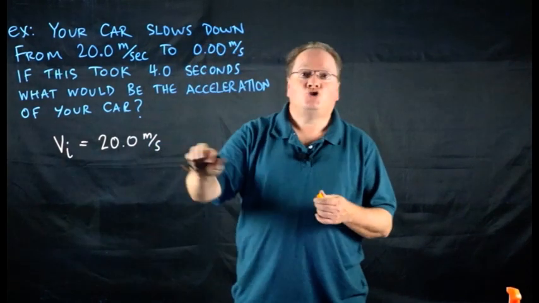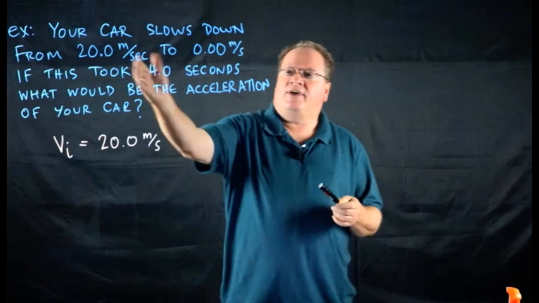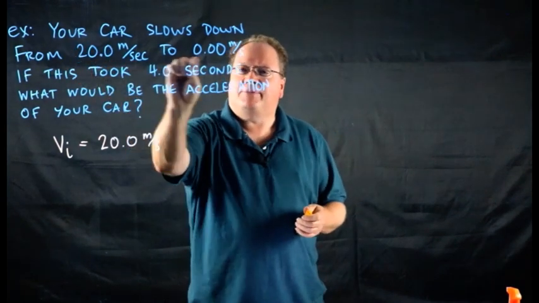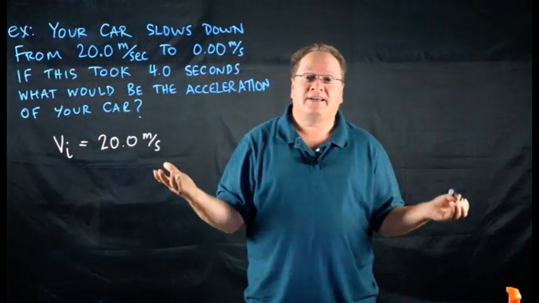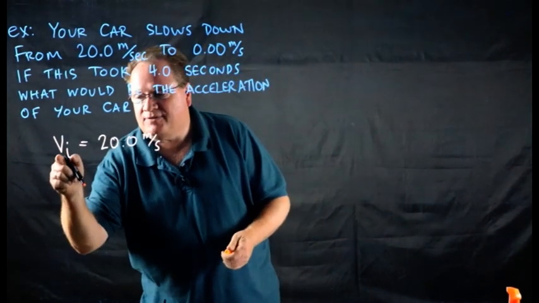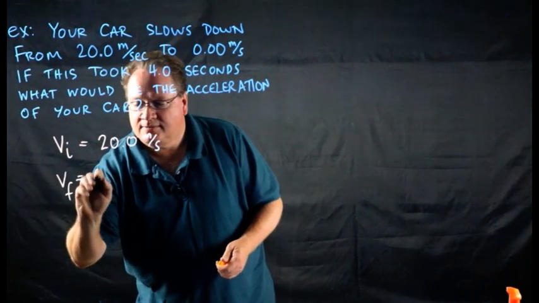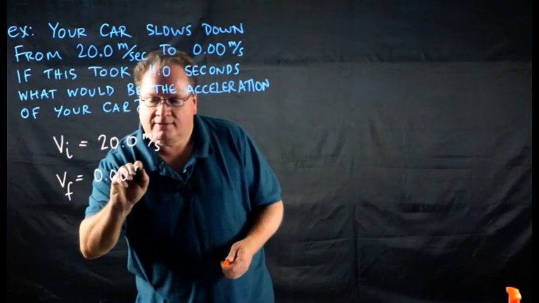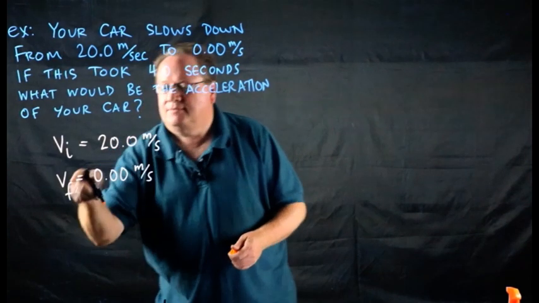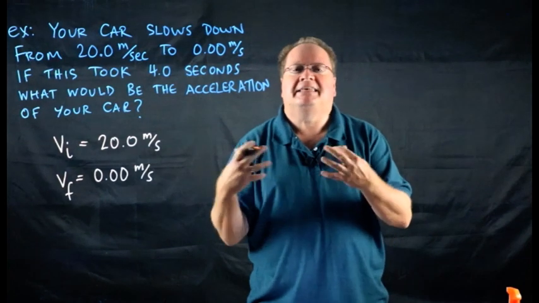Okay? Do include the units. Then if that was what I started at, but this is what I finished with, what would 0 be? Well, 0 must be then, if this was the initial velocity, VF is going to be the final velocity, the speed I was moving at the end.